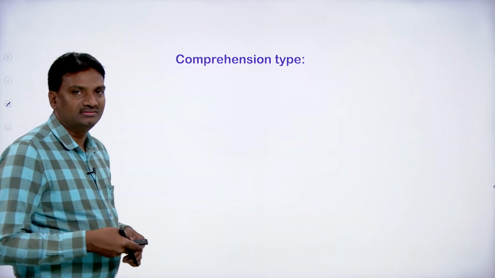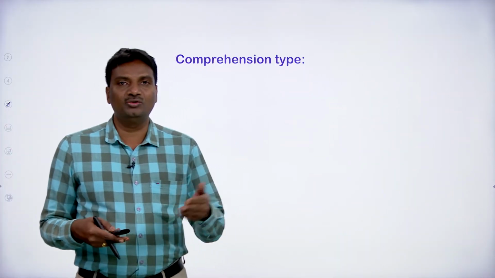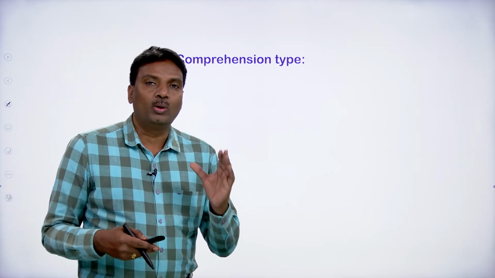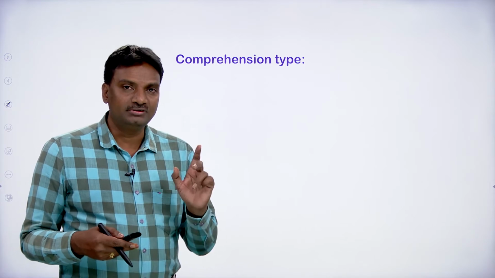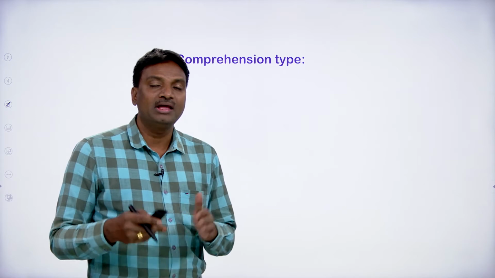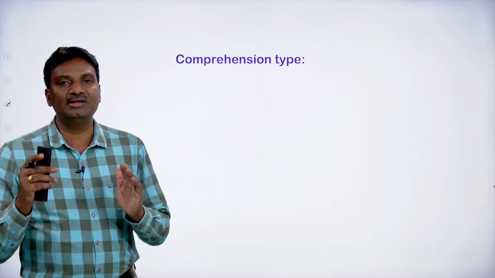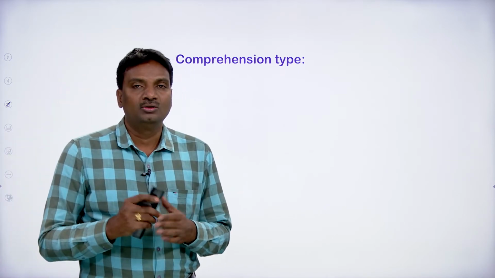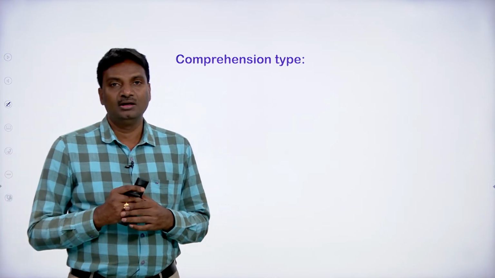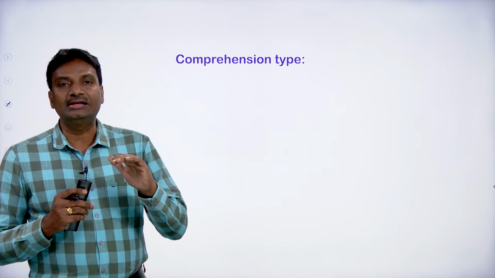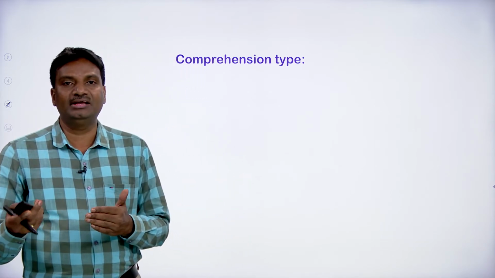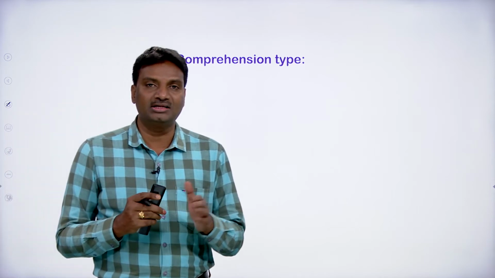Now comprehension passage type. Comprehension type means we know how the questions are. In previous chapters we did so many problems. One passage will be given. With respect to that passage, we may have 2 questions or 3 questions, whatever the number of questions may be, but the given question must be related to the given passage only. So first we have to read the given passage carefully and understand it, because the problems are purely related to the given passage only. If you understand the given passage, then we can easily solve the given problems, otherwise we can't.